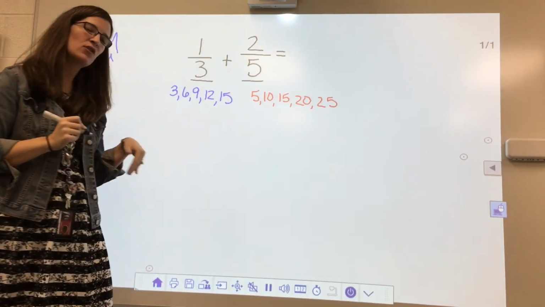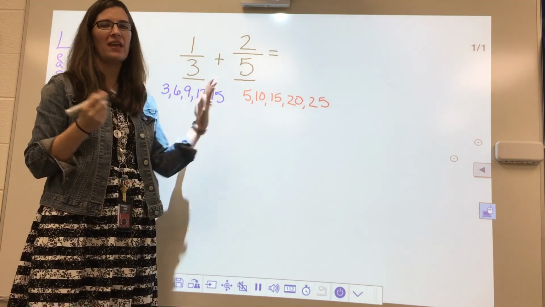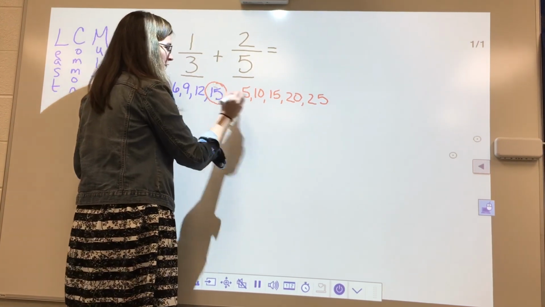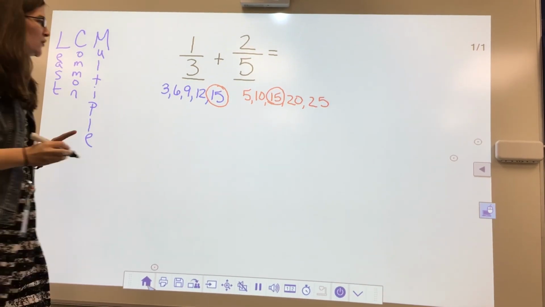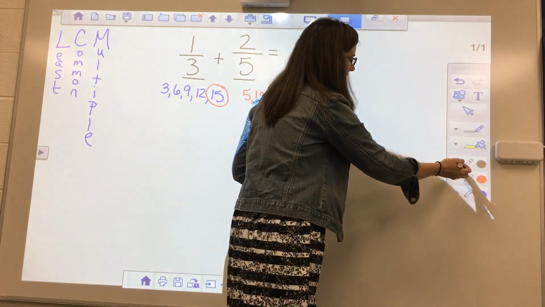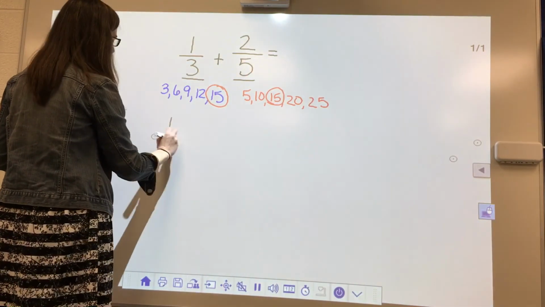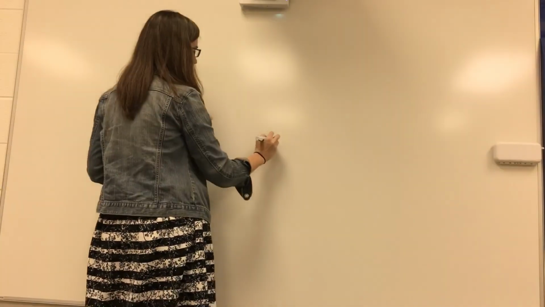Now, I have told my students that if they get to the second one and they find one that they share, they can stop. So in this case, 15 is what's called their least common multiple. And the students know then that we are going to translate that least common multiple into a common denominator. So we now know that